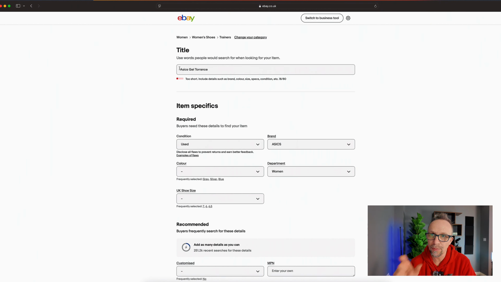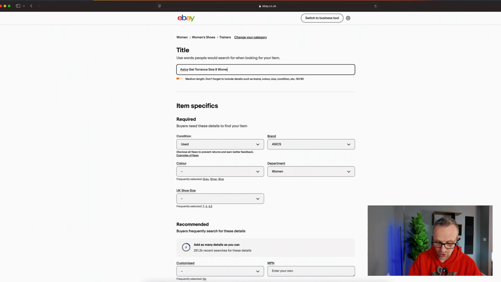For me, it's always model, size, colour. Sometimes you're going to have more than 4 keywords, so you're just going to have to do the best that you can. For example, with these, we are going to have to put Asics Gel Torrent as the first 3 words because that's what they are. So I'm then going to put size 8 women's grey